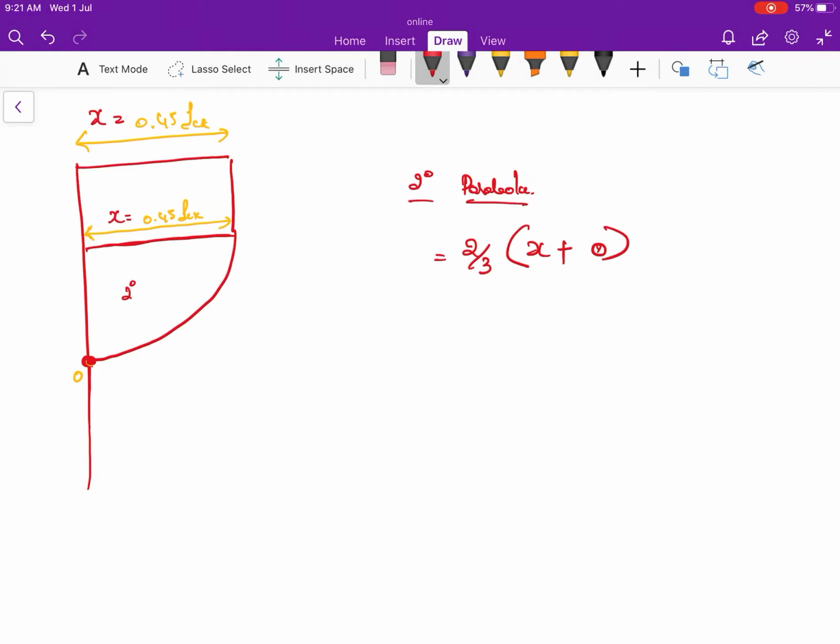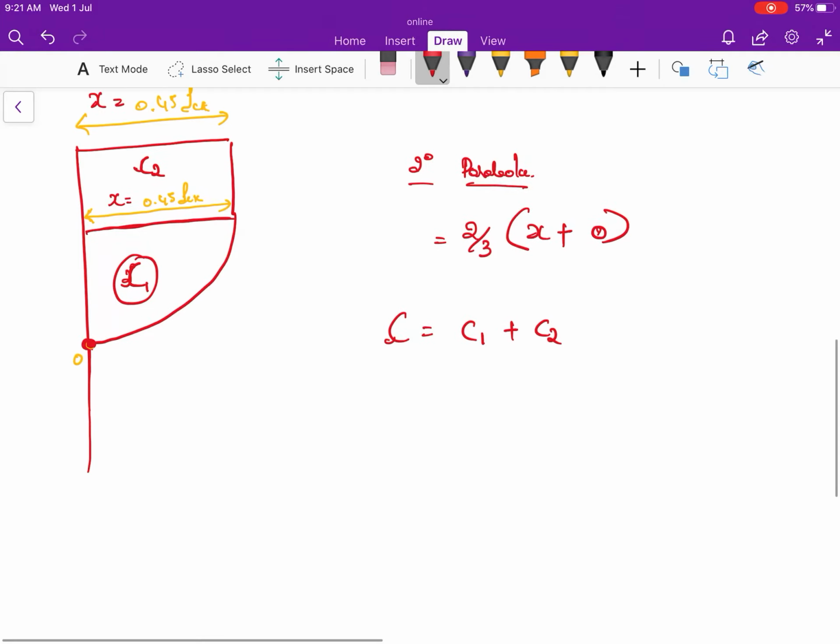I need to find the compressive force of the concrete. In order to find the compressive force of the concrete, we need to take the average of these two things, which is equal to C. Total compressive zone is C equal to C1 plus C2. Let me take this portion as C1 and this portion as C2. So C is equal to, what is the portion C1? C1 is the second degree parabola. The area of the second degree parabola is how much? 2/3 of, what is the value of x? 0.45 FCK plus 0